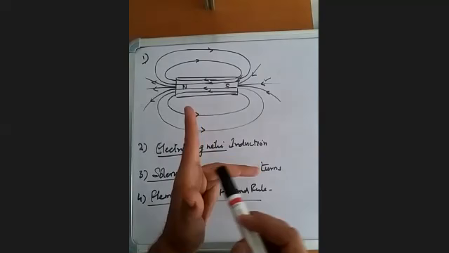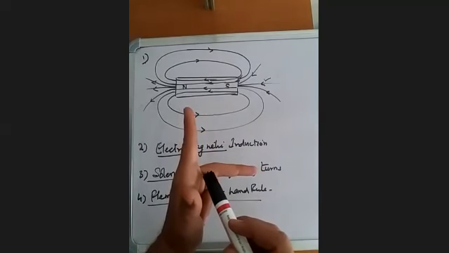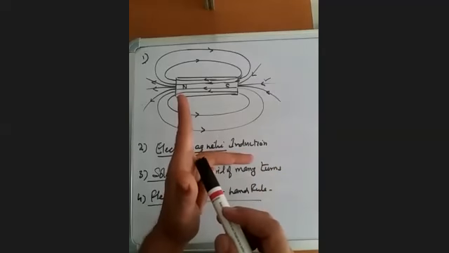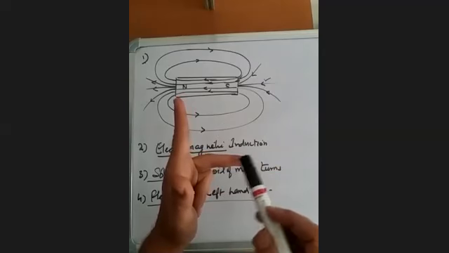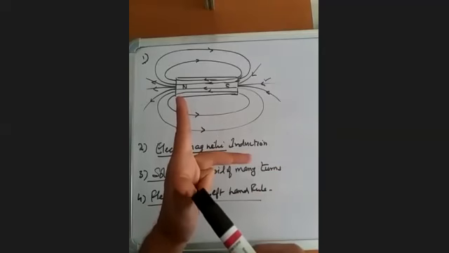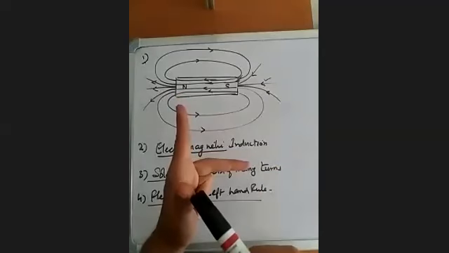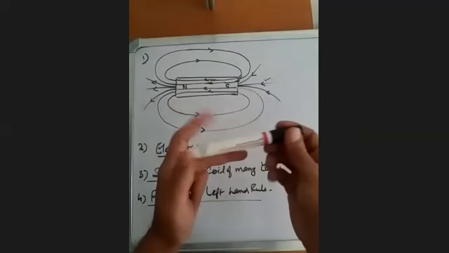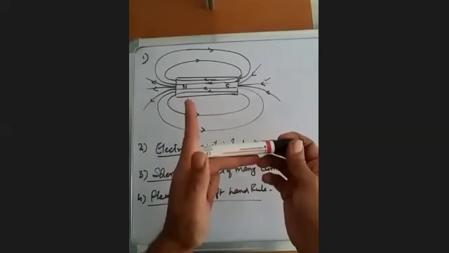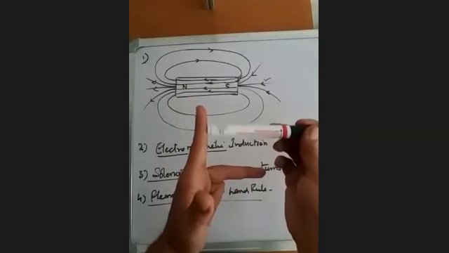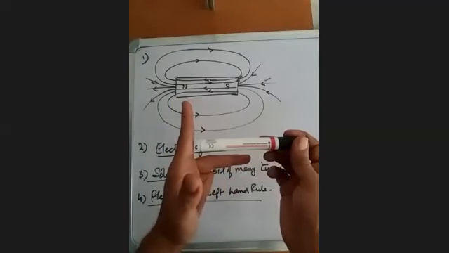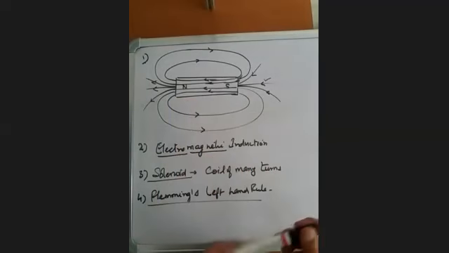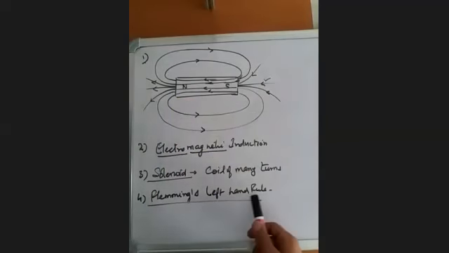If we have a conductor in the magnetic field, current is flowing through that conductor, and then the direction of magnetic field is given by the first finger, and the direction of current flowing in the conductor is given by the second finger, then the thumb will give us the direction of force acting on that conductor. Suppose this is a conductor and the current is flowing like this. So this is the direction of current. Magnetic field is as shown. Suppose the magnetic field is along this direction, then the conductor will experience a force in this direction. The conductor will come up like this. That is the kind of force. So this is your Fleming's left-hand rule.